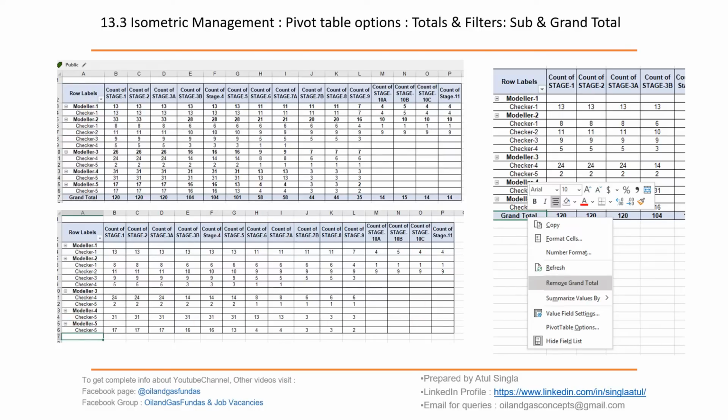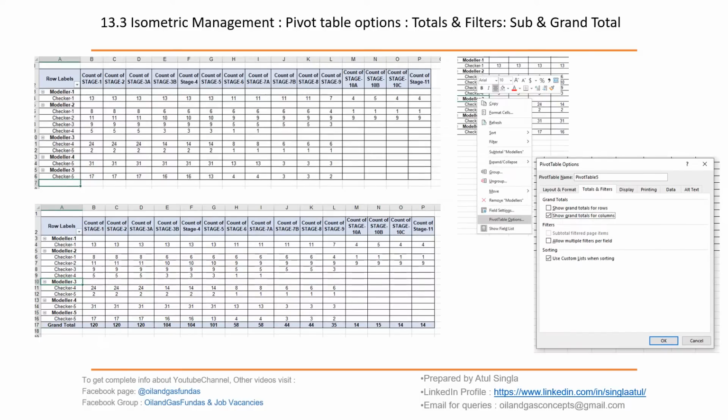Now how can we bring it back? Once we don't have this grand total, we cannot right click and bring it back. So what we have to do is right click on the pivot table, then pivot table options will be there, then go to totals and filters.